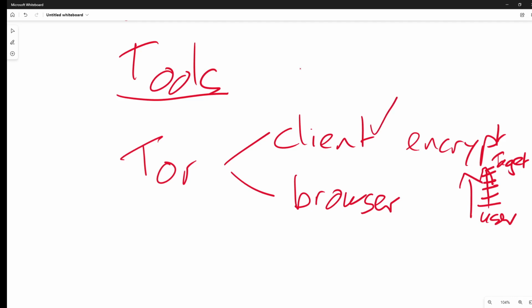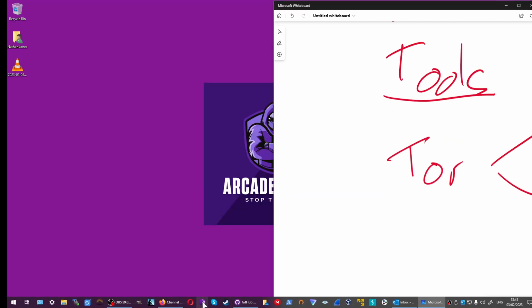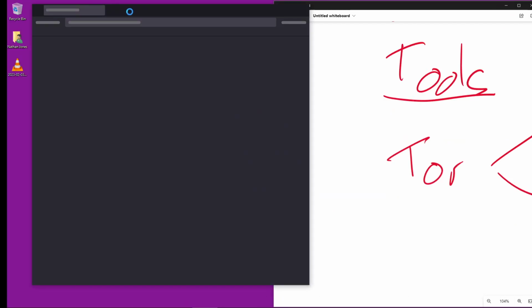So if you're going via a Linux server, for example, you can install the Tor client to be one of the Tor nodes, and that will encourage encrypted and anonymous access to the Tor. Or you can use, what many people do, is use the browser. Now, down here, let's have a look. Down here, I've got Tor browser.